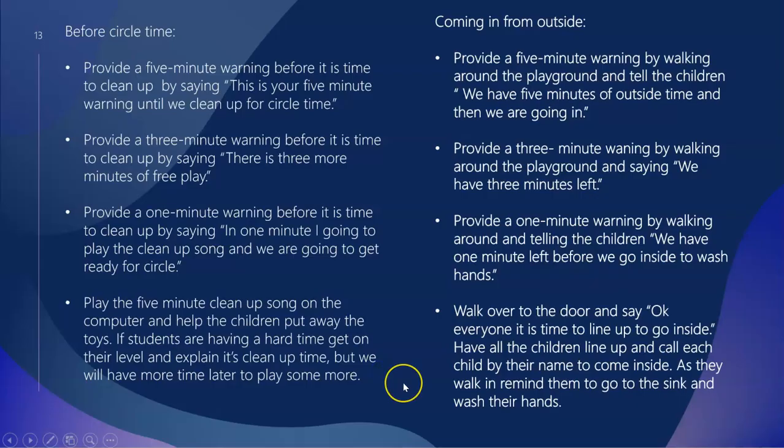Procedures. Before circle time, I would provide a 5-minute warning by saying this is your 5-minute warning until we clean up for circle time. Provide a 3-minute warning by saying there is 3 more minutes of free play. After that, it would be a 1-minute warning. And I would say in 1 minute, I'm going to play the cleanup song and we are going to get